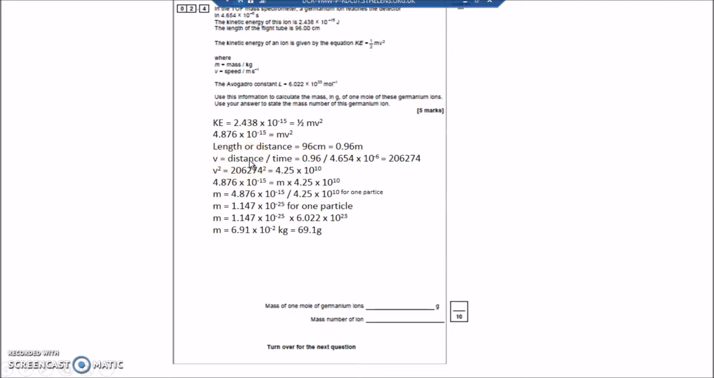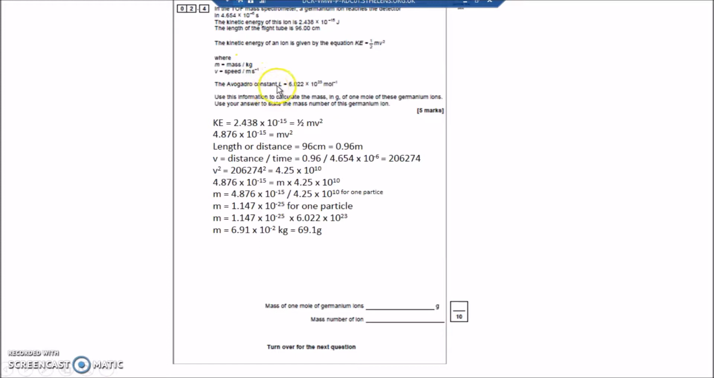If you think about driving a car, and your speed or velocity is in miles per hour, miles is a measure of distance, hours is a measure of time. So speed or velocity is distance divided by time. So the distance that's travelled is 0.96 metres. I've got that into metres. The time, it tells you here,